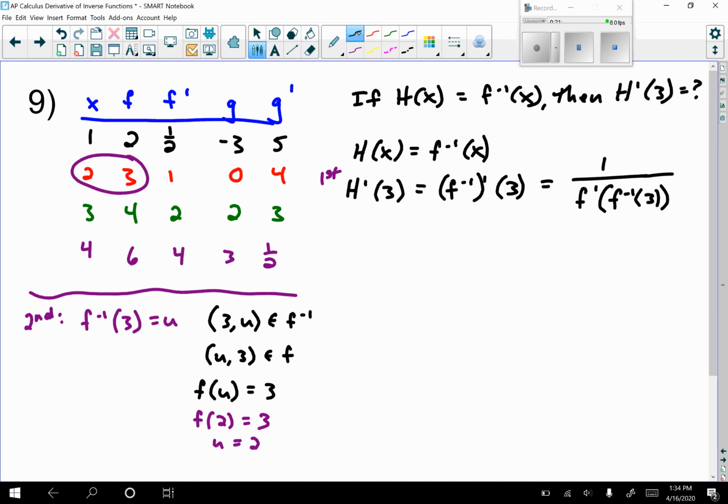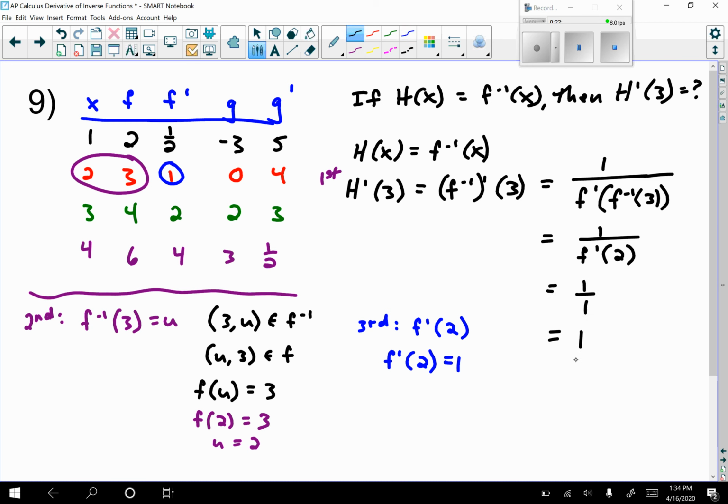So now I go back up to my first step here. This becomes 1 over f prime of 2. So my third step now is to figure out what f prime of 2 is. If I go to my table, I'm looking right here, f prime of 2 is going to equal 1. So now this becomes 1 over 1,